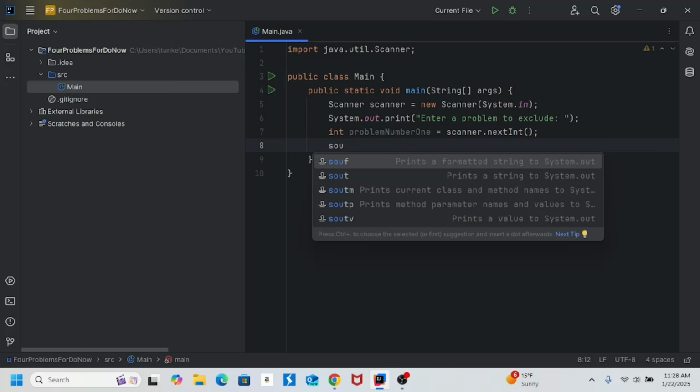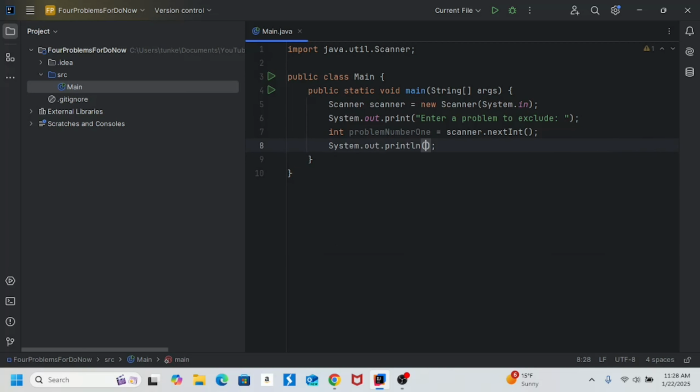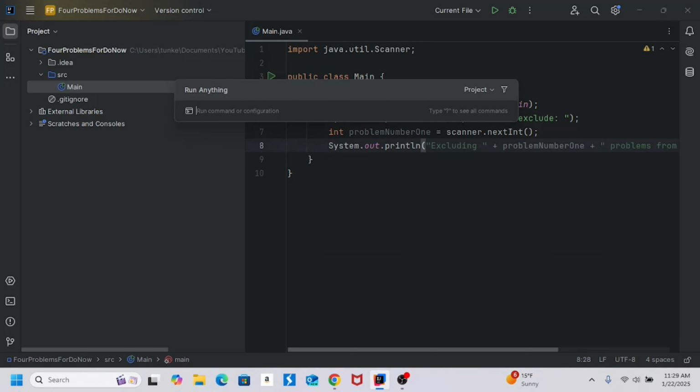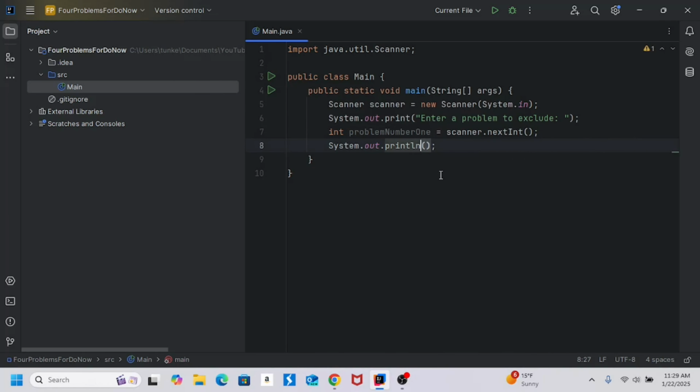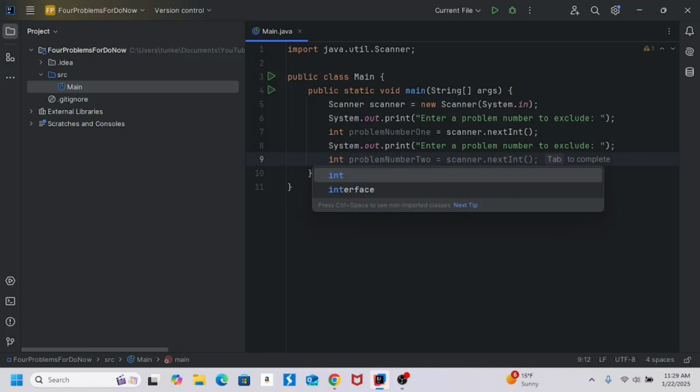I want to, again, do the System.out.print, not println. I could actually probably just copy this. So we'll say "Enter a problem number to exclude." Okay, let's fix this one up: "Problem number to exclude." Okay, so copy that, and I'm going to type int,